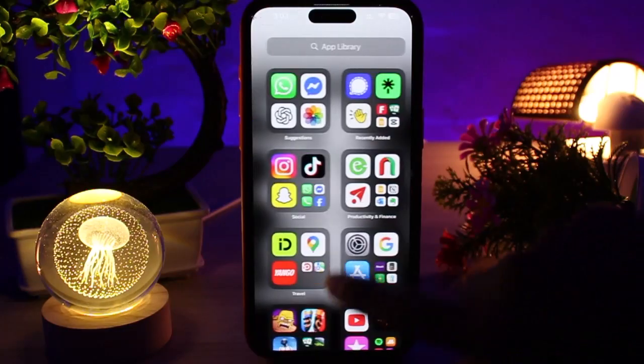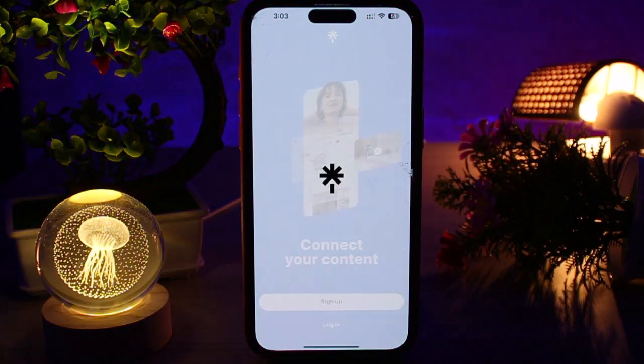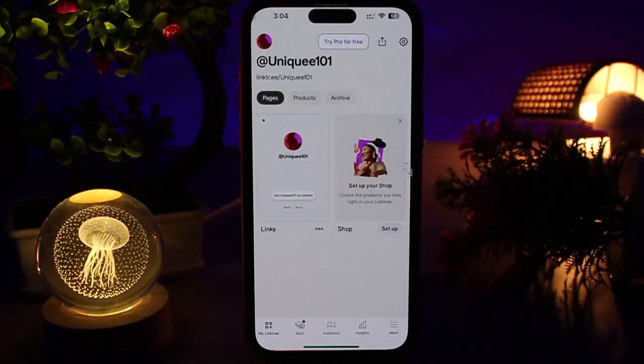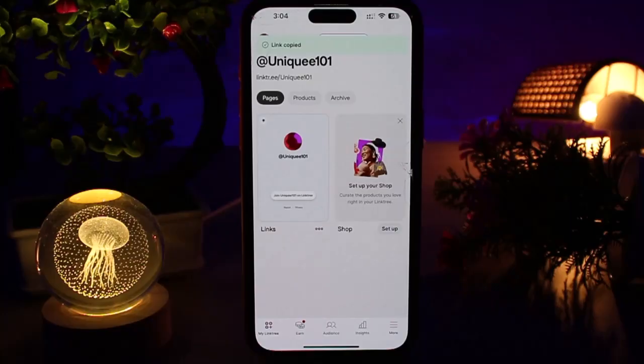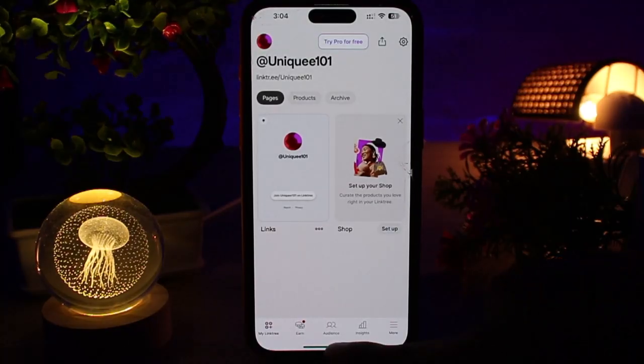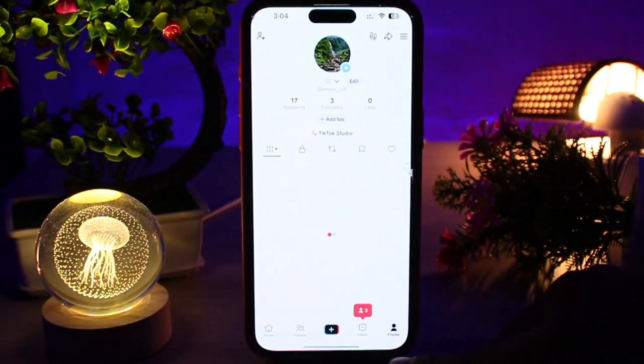First, you need to open your Linktree app and make sure you are logged into your account as always. When you are in the app, simply click on your URL that is on the top right corner. Once you click it, a pop-up will appear saying link copied. Once you get that confirmation, simply close the Linktree app and open your TikTok app and go to your profile